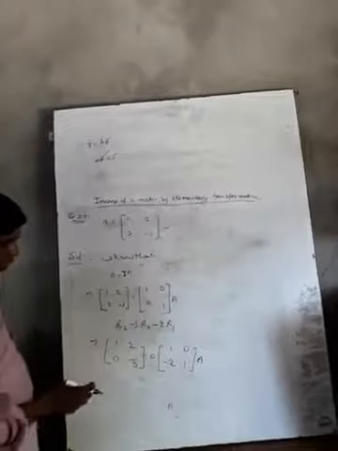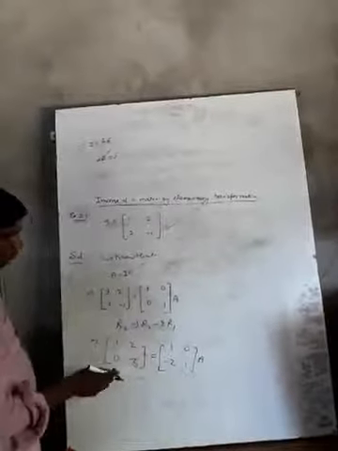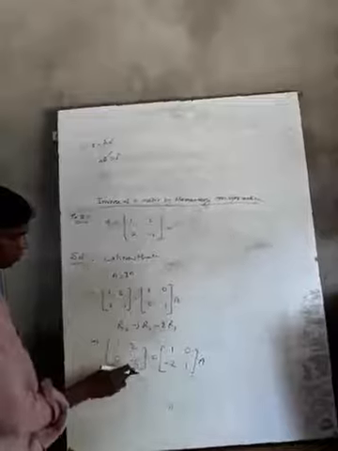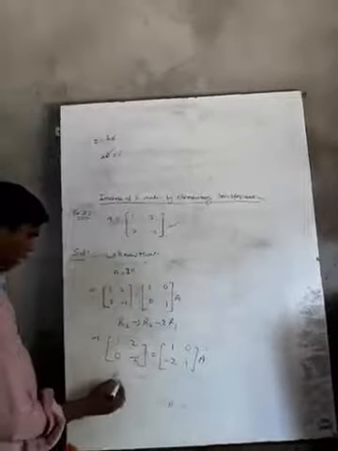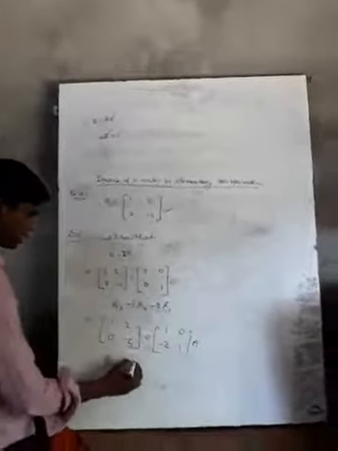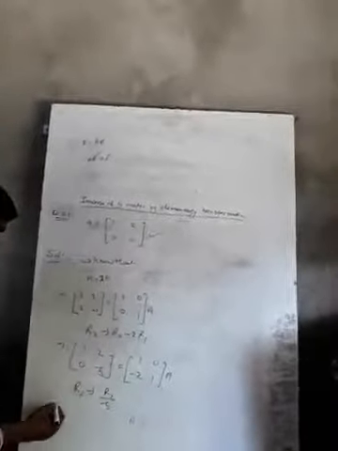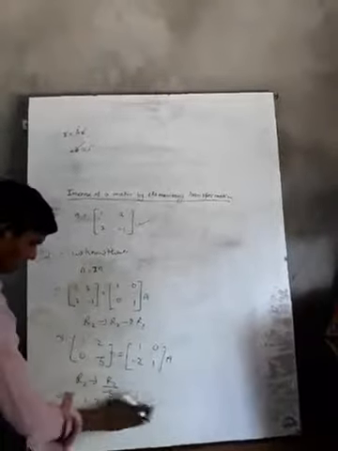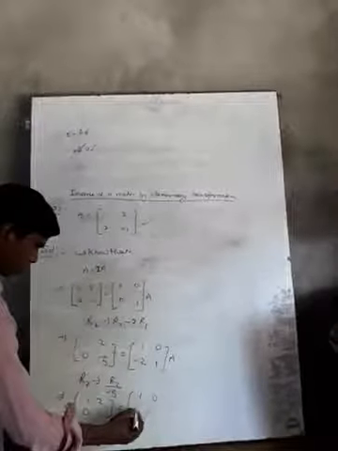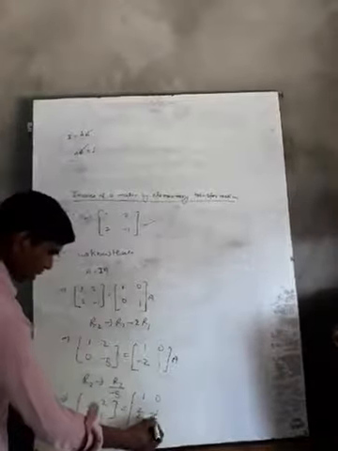First of all, it will multiply. Either you can divide this by 5. Now R2 can be changed as R2 upon minus 5. This can be written as 1 2 0 1, 1 0, 2 upon 5, minus 1 upon 5 and A will be here.